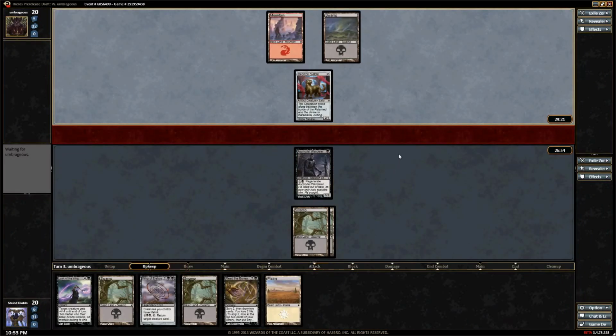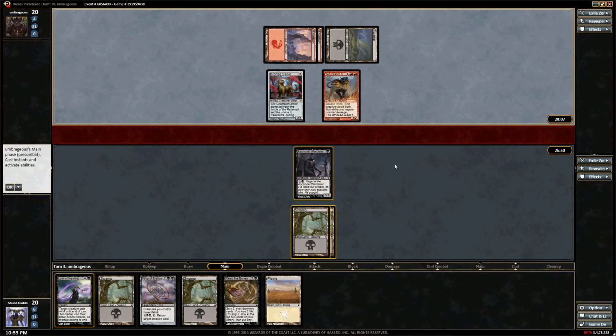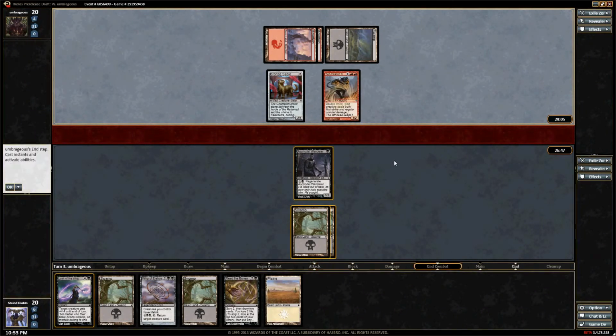The question is, do we trade those if it's offered? Probably. Don't know. Very decisive. Yeah, very committal. 2-headed Cerberus. That strikes twice. Oh, he doesn't want to offer the trade anyway, so...